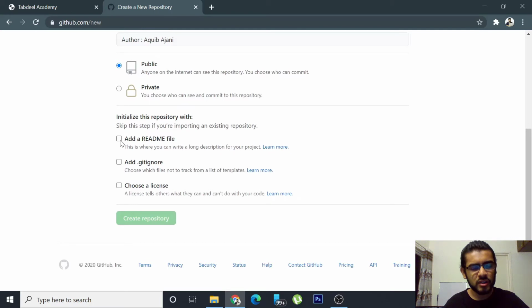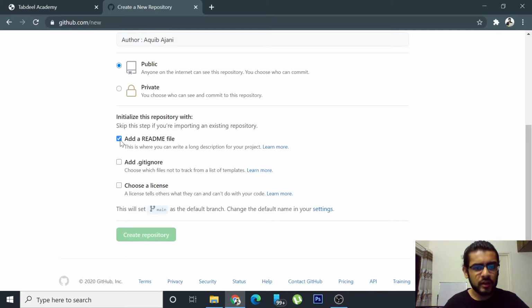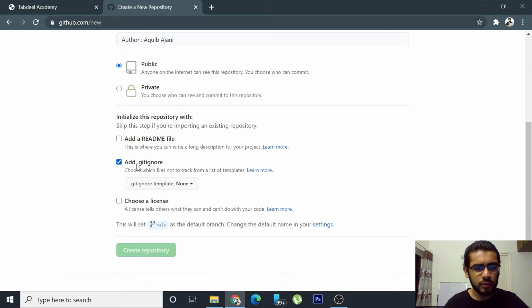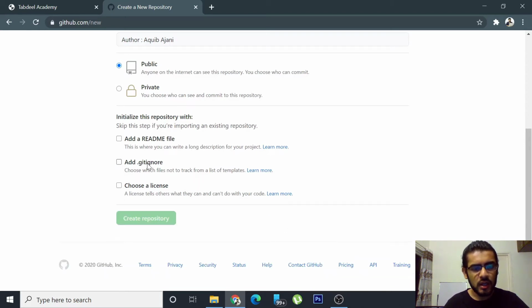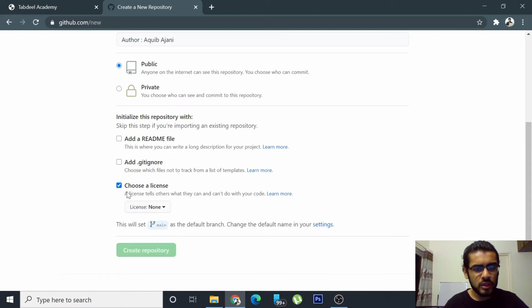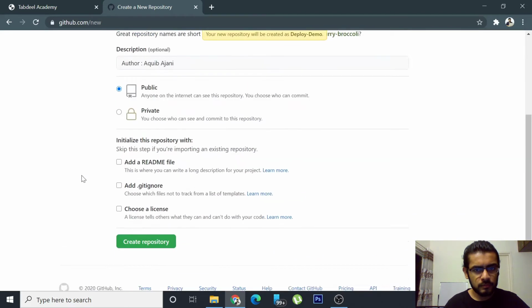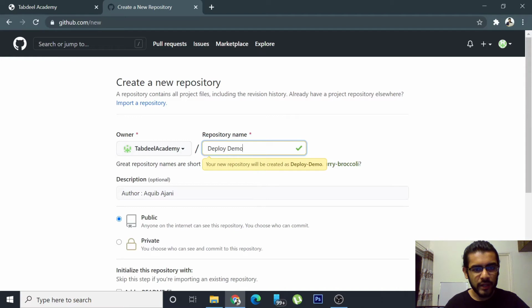And again, a couple of options here. If you have an instruction manual or something like that, you can add a readme file. You can add gitignore, but gitignore is basically just, it'll allow us to hide passwords and stuff like that. So if you're working with anything that has passwords, you can do that. And you can even choose a license. So you can just leave it blank for now. And this says this will set main as the default branch, which is fine. So right, it took a couple of seconds there to actually identify the name, and it is saying that there cannot be spaces here, so we will have a hyphen instead, which works fine for me.